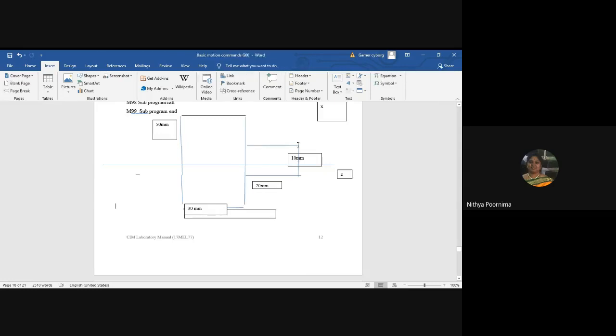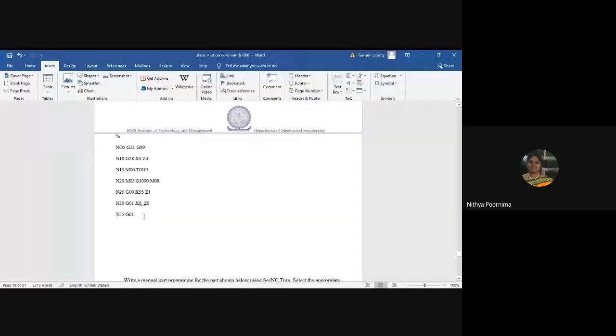So X will be 10, Z will be, what will be Z? 0 itself. X10, Z0.